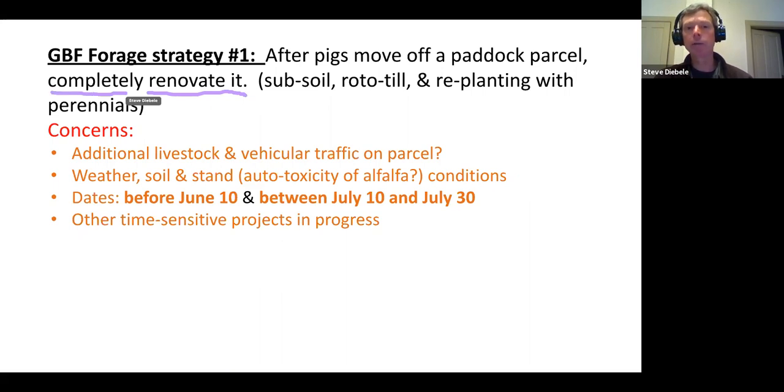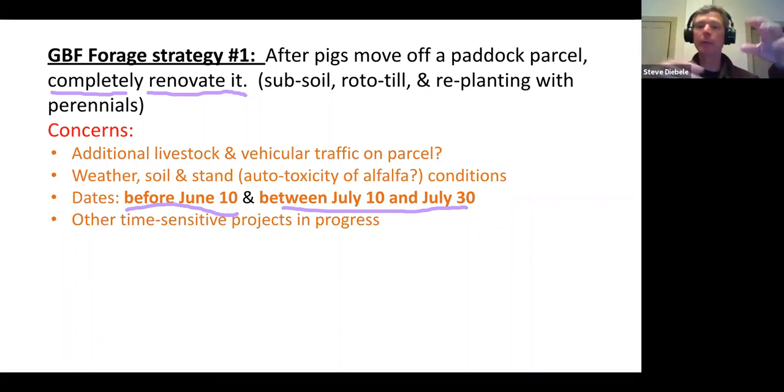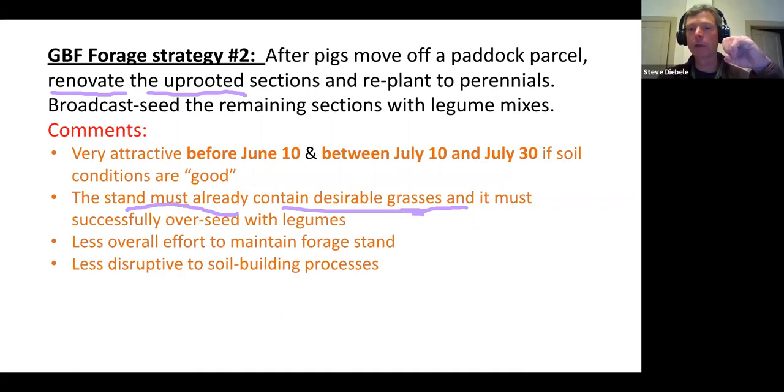And I only want to do that between certain time periods of the year. Before June 10th, I think I can establish something that'll last well, and I'll be able to take a cutting mechanically off that for baling. And later in July, I should be able to establish something and it'll still be able to overwinter well with things. That's one strategy that I would take with it. If we go to the next strategy that we have,